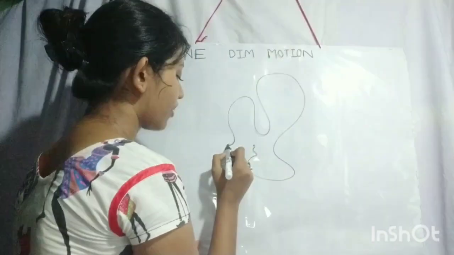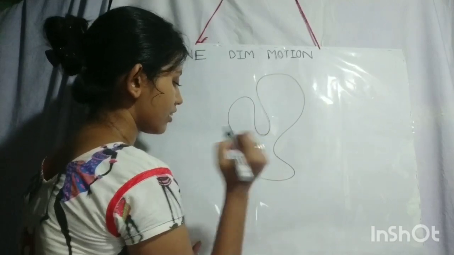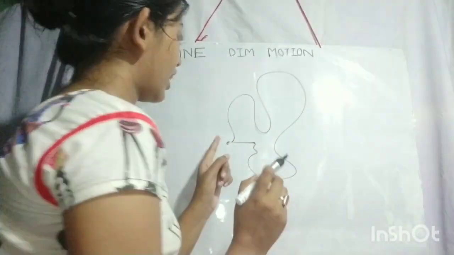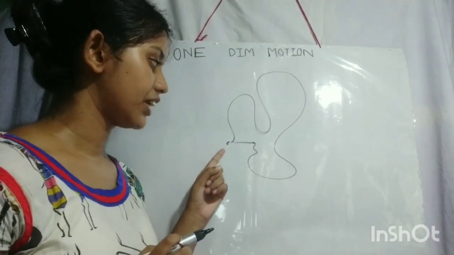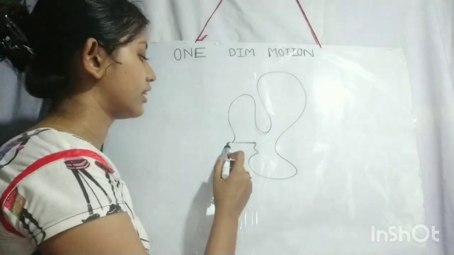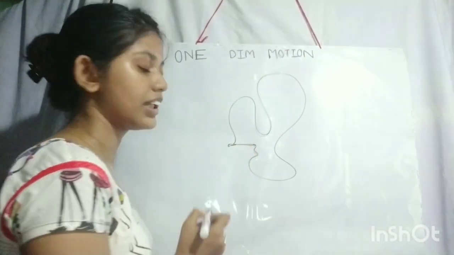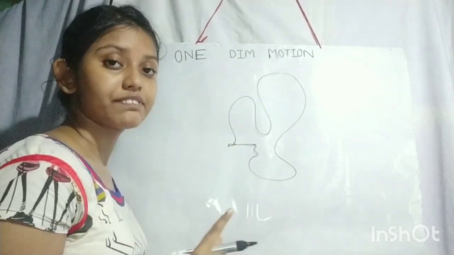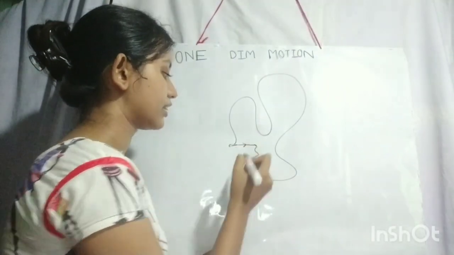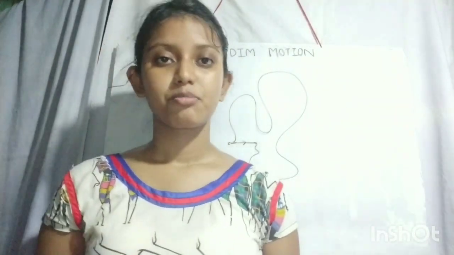The displacement of the point is from here to here. This is the displacement of the point. The difference between the final position and the primary position is called the displacement, and the displacement is a vector quantity, so it will always have a vector sign, and this vector sign is directed towards the final position.